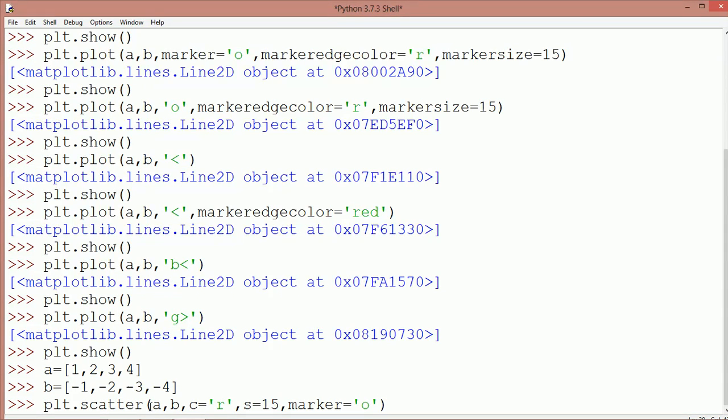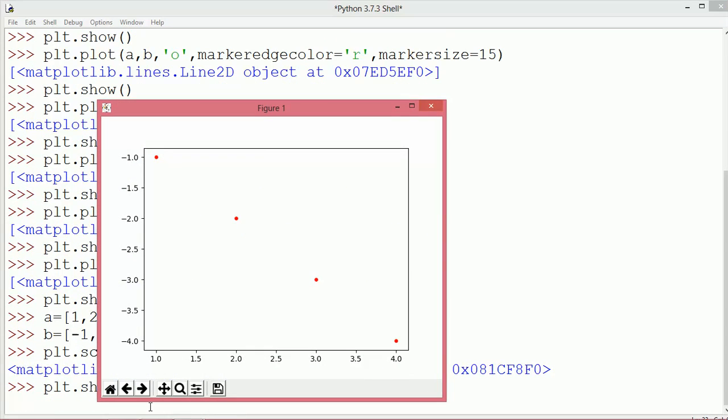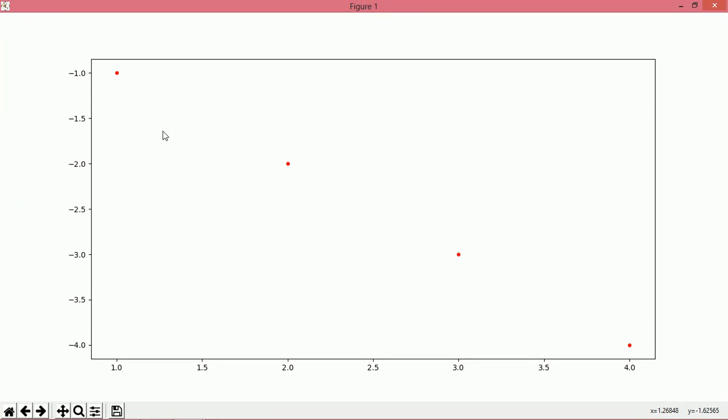Now close the parenthesis and press enter. Now it is scattered. Now let us show it, plt.show. Press enter. Here you can see, the scatter chart has been displayed with the marker style O, size 15 and color red, and values are here. Okay.